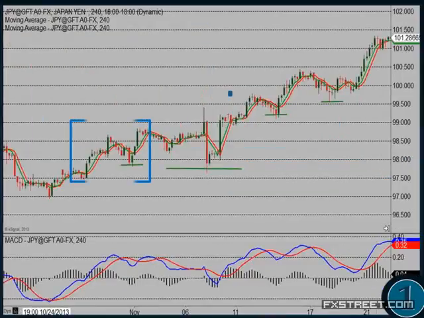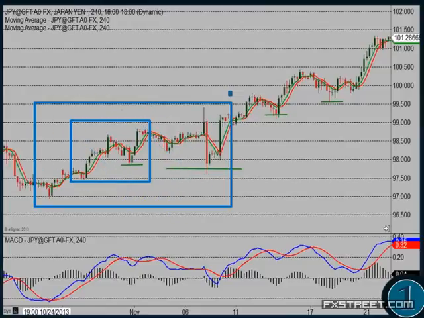Here's the same pattern in the yen. You break it down there. There's the pattern. And by the way, these lines are the exact same pattern every time. It's the exact same ratio, the exact same measurement each time. Okay? And here's a larger pattern, here's a small pattern there, and here's another pattern right there. So we're focusing on identifying when price gets in the lower third of that box, or towards the bottom of that range, yet the pattern itself is still bullish. So this box was bullish here, bullish there, bullish there, bullish there.